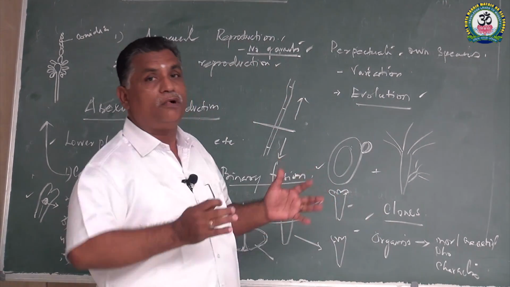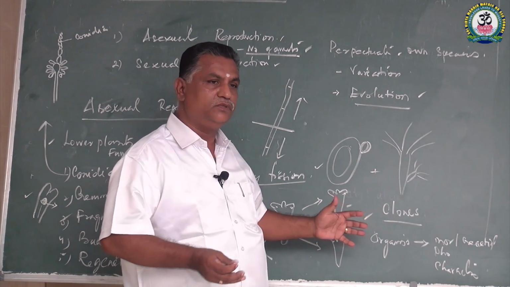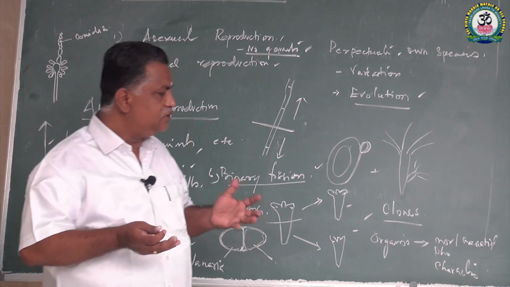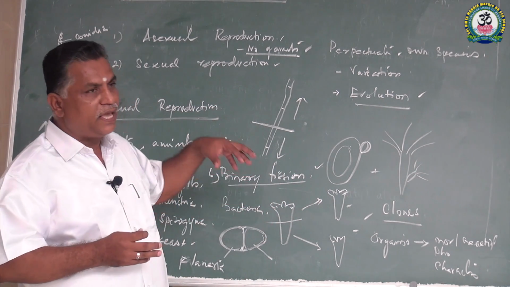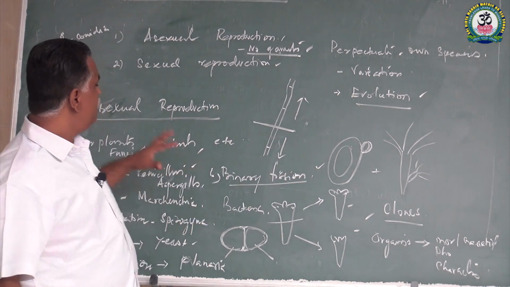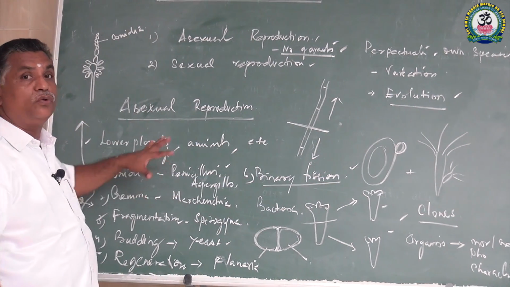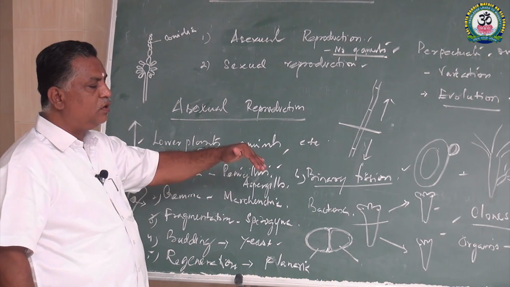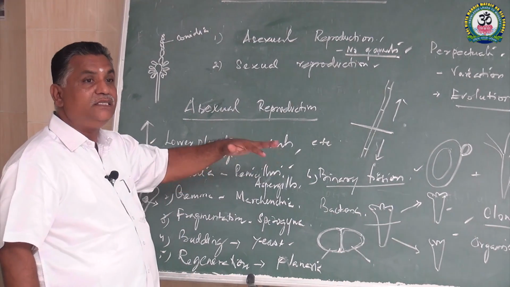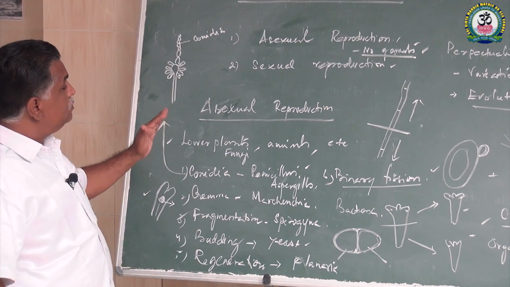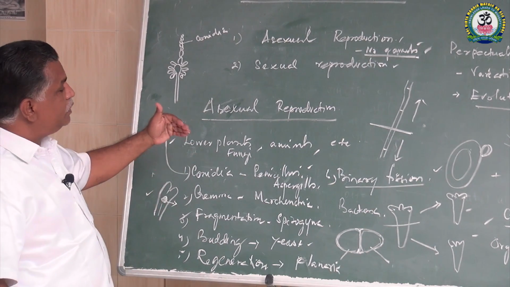So this is a group or assemblage of organisms which are similar with one another morphologically and genetically. They are from the same parental source, and these are called clones. So asexual reproduction produces clones. Clones are the organisms which are morphologically and genetically similar with each other, and this is found in asexual reproduction, in lower organisms.